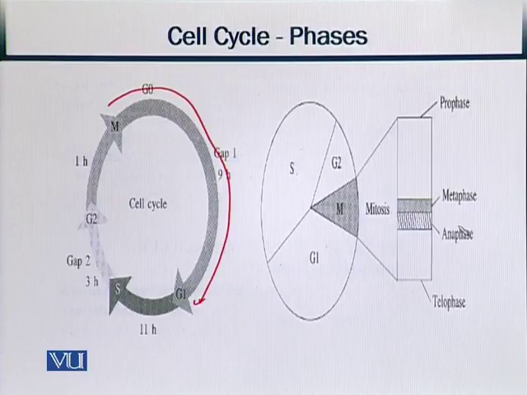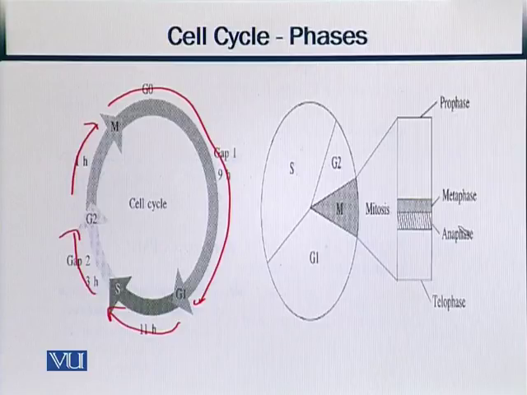Then from G1 to S phase we take 11 hours, and similarly from S to G2 we have 3 hours, and finally 1 hour for the G2M phase. So these are different pieces of information related to these phases with respect to temporal information. Similarly, as we said, mitosis is the phase where the cell divides into its different parts, which is shown